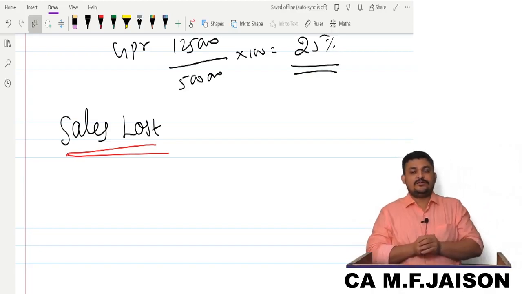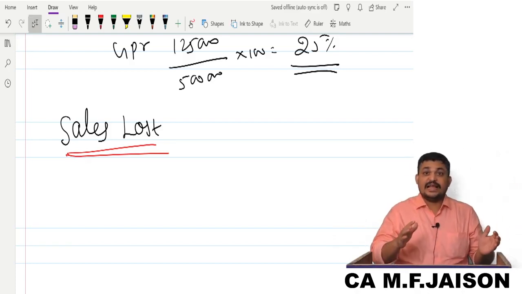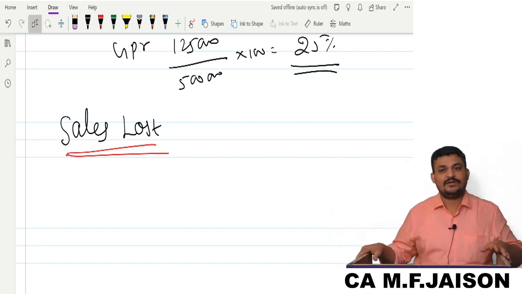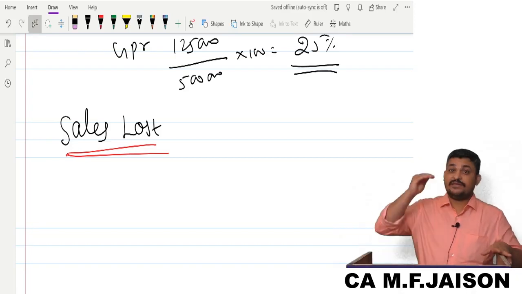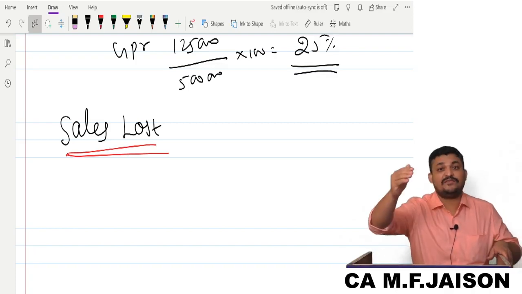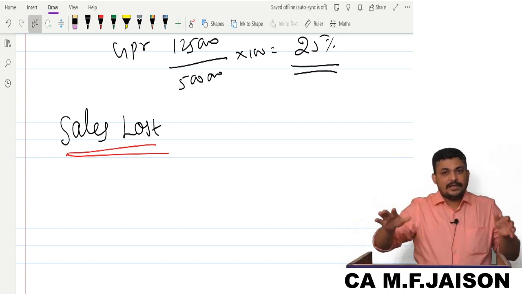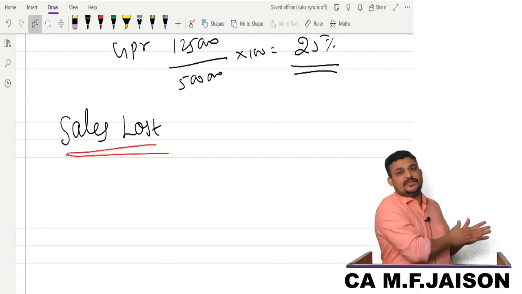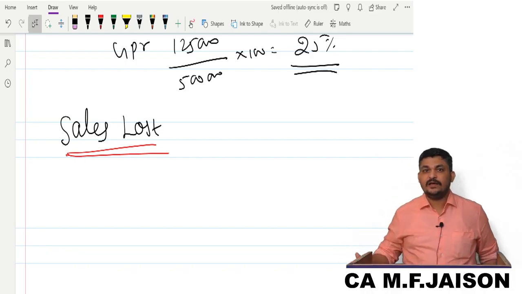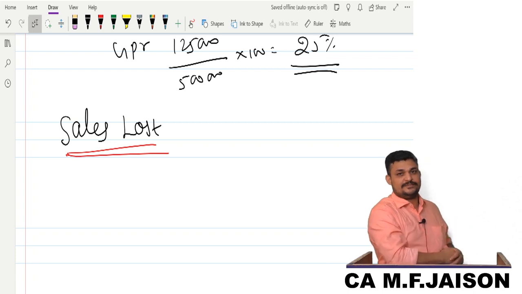It should generally be based upon the past. How much sales I would have made if there was no fire, I have to prove. That is what I would have lost. Whatever sales I would have expected after the fire, if there was no fire accident, that is what I would have lost. That can be determined based on the past. I can't say, sir, if the fire did not come, 5 crore would have been my sales, just on my confidence. It should be established based on the past.